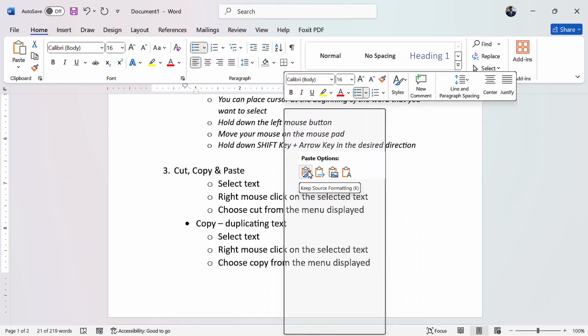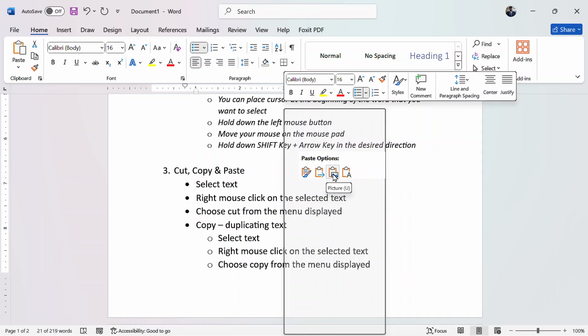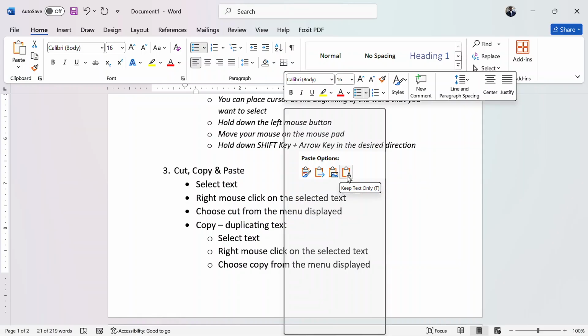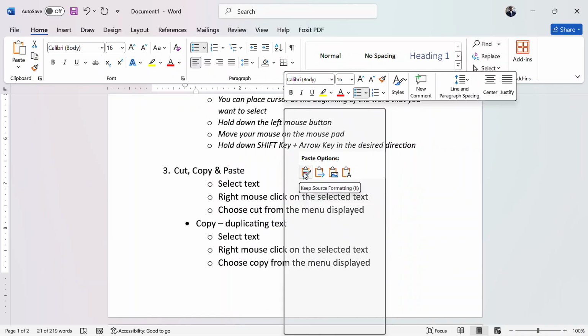But when you reach on paste, it has a number of options. One, keep source formatting, merge formatting, picture, keep text only. So those 4 options are very important depending on whatever you want to do. The first option, to keep source formatting, means it is going to paste the text as it appears in the first place, as it appears where you're getting it from.